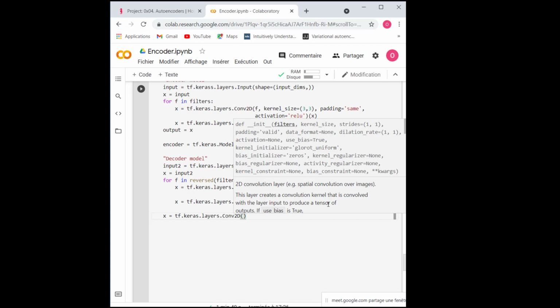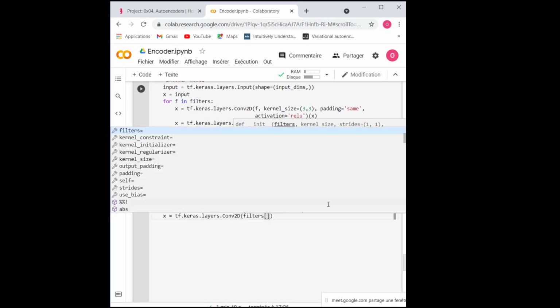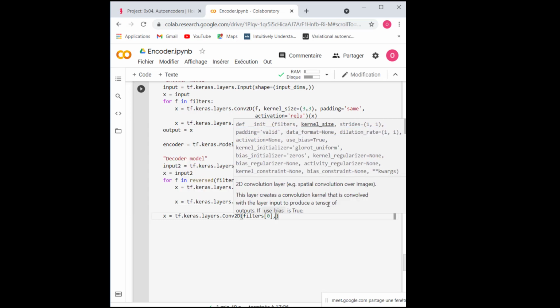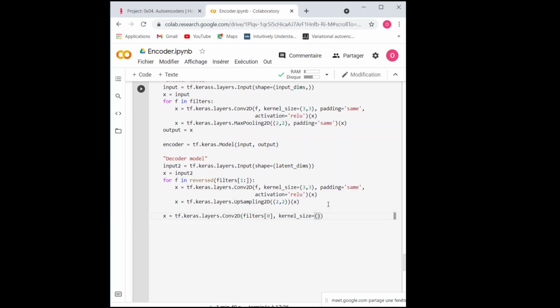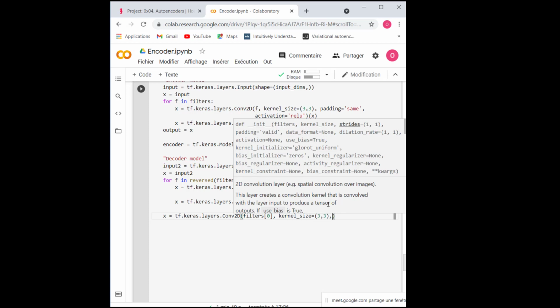Okay, so my conv2d layer will have as filters my first filter in my list, so filters of 0. My kernel size will be 3 by 3, and my padding will be the same.